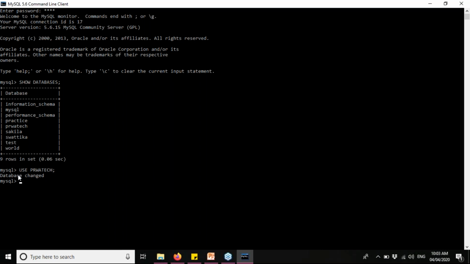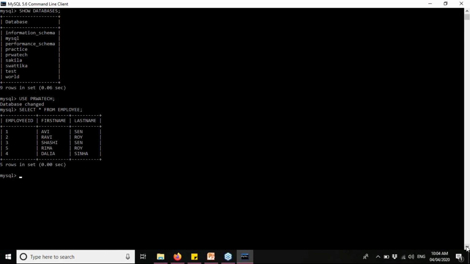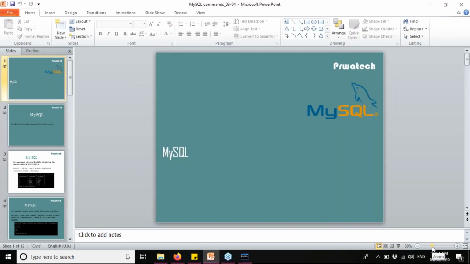All right. Now we were working on the table employee which we had created earlier. So we would check again: select star from the table name which is employee, semicolon, enter. Now you can see everything which we had created in the table. So let's get started